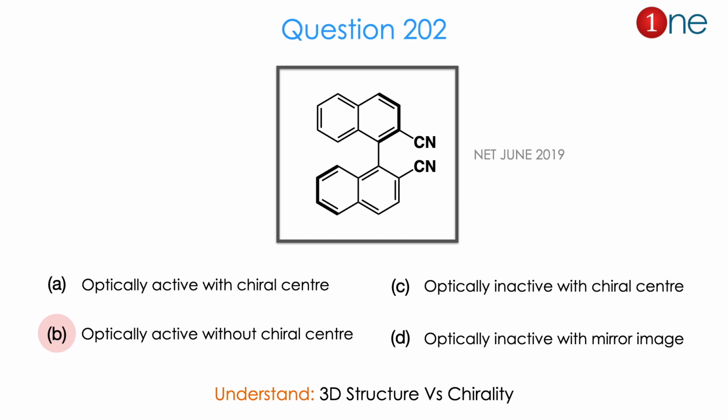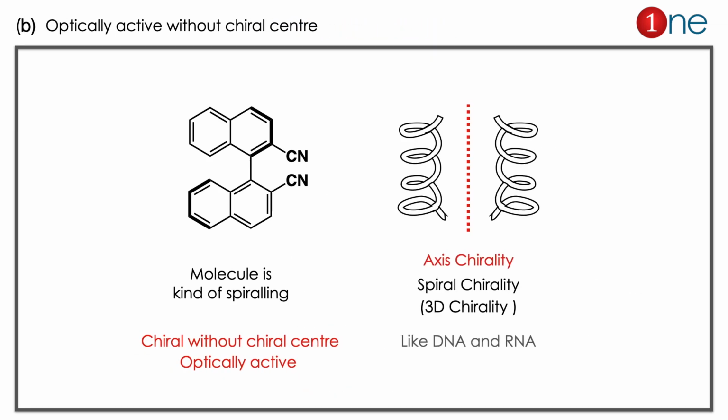Let us see how. The compound is optically active without chiral center. If you look at the compound in plain sight, it is like a spiral compound like DNA and RNA. They have a specific kind of chirality due to its axis there. Because it can rotate clockwise and anticlockwise, there will be P and M configurations. Here it is not important. The binaphthyl molecule is kind of spiraling. It's kind of a spring there. So it's a chiral molecule because there is no mirror image superimposable. Hence the answer is a chiral molecule without a chiral center. So it is optically active.